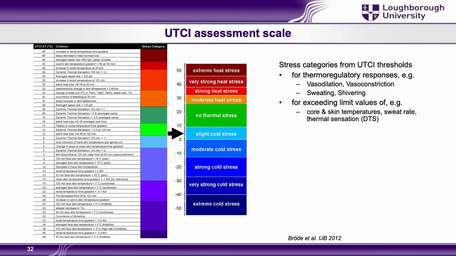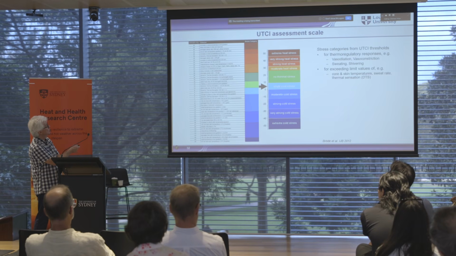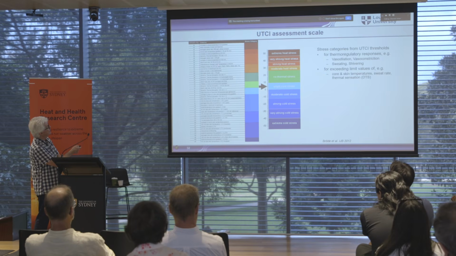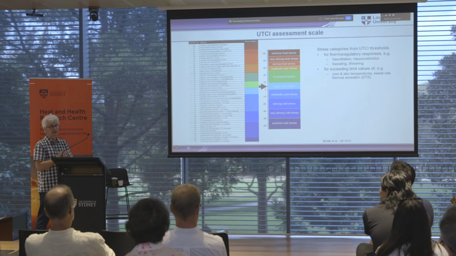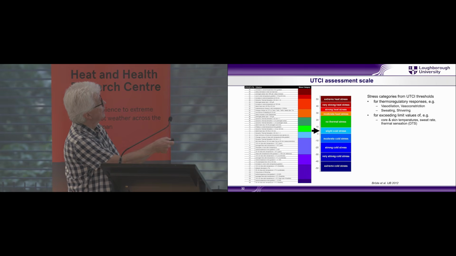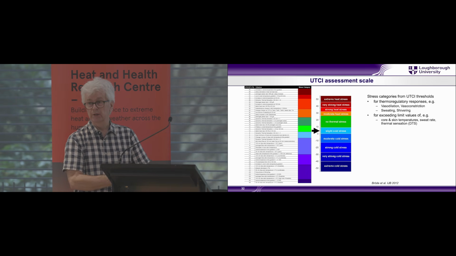So to give you, it's a bit small. If I take you here at the top, if you go to the moderate heat stress: average sweat rate above 100 grams, steep increase in skin wetness, occurrence of sweating at 30 minutes, change of slope versus effect in mean skin temperature, etc. So there are physiological criteria which we felt fit in that zone. If we then go up, and let's say we take this one here, which is the very strong heat stress: increase in rectal temperature at 30 minutes, so a very fast increase, core to skin temperature gradient less than 1 degree after 30 minutes. If it would be more than 1 degree, it would go in the top category.